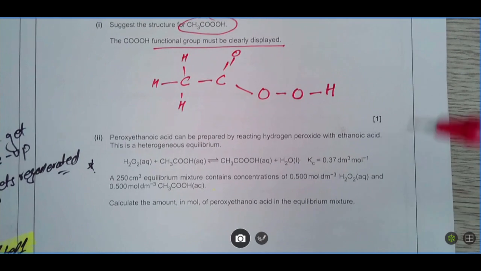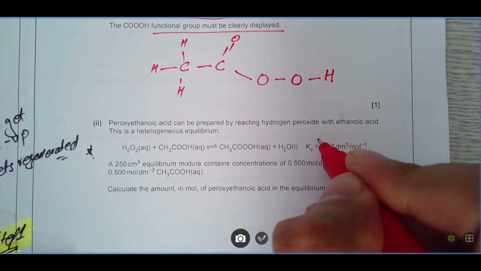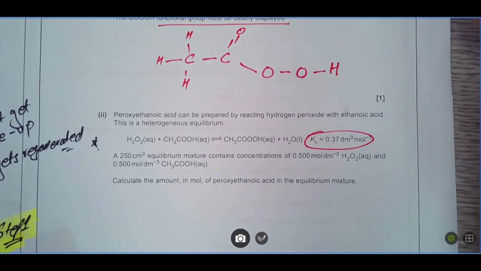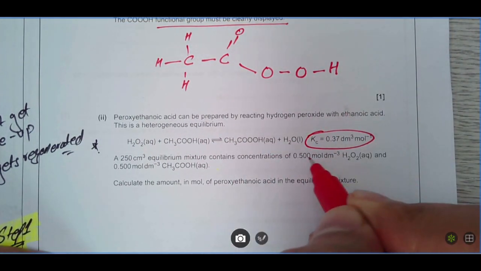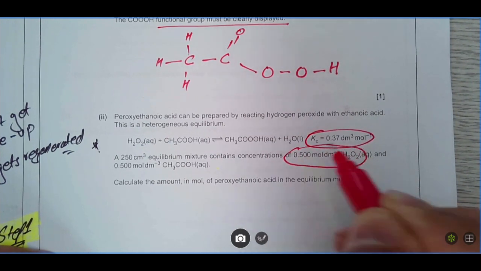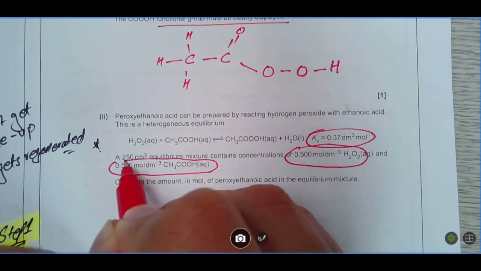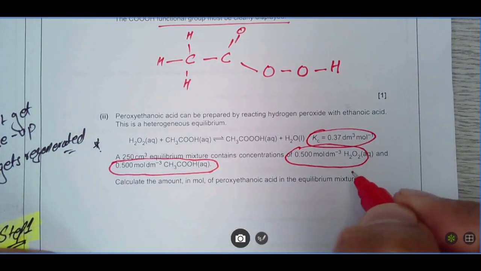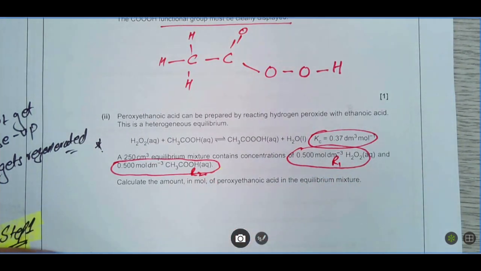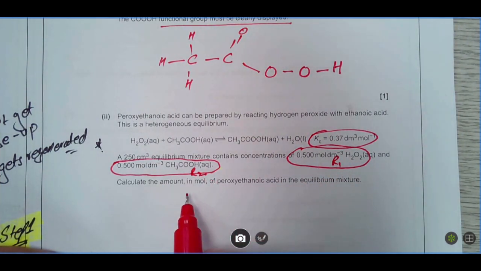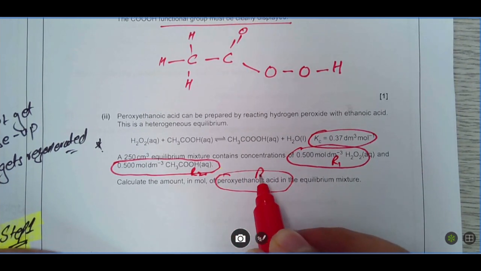Our next part is again an equilibrium reaction. They've given us some data: the value of Kc, and for this given reaction the concentration of H2O2 and the concentration of CH3COOH are also given to you. This is my reactant 1, this is my reactant 2. And the question says, work out the amount in moles for this, my product,